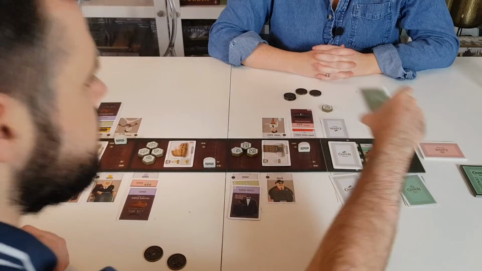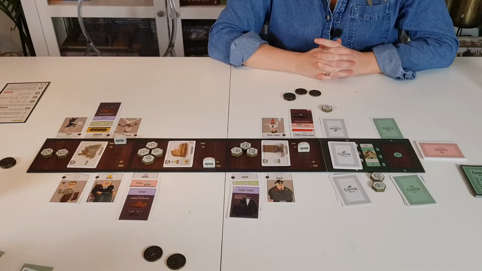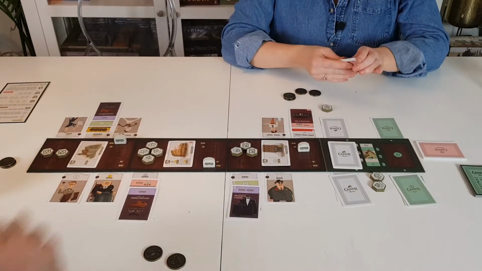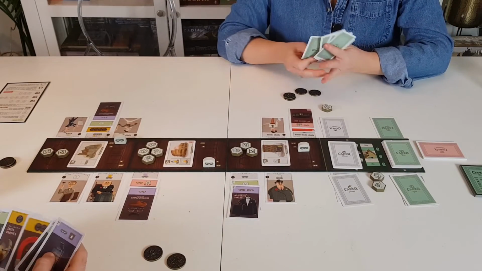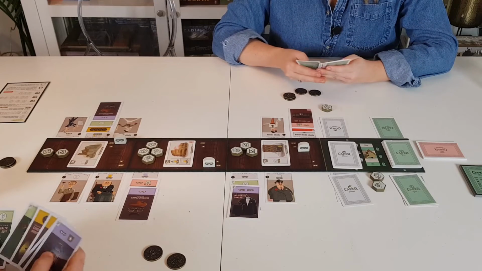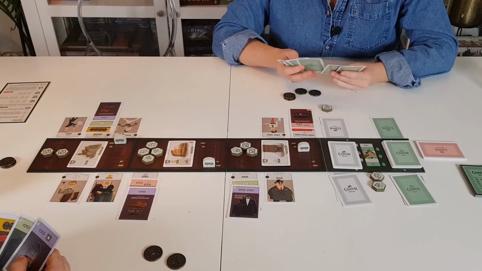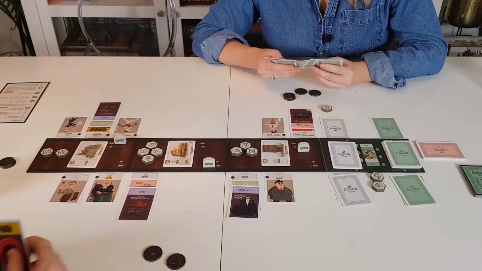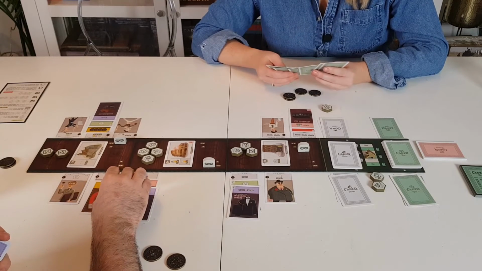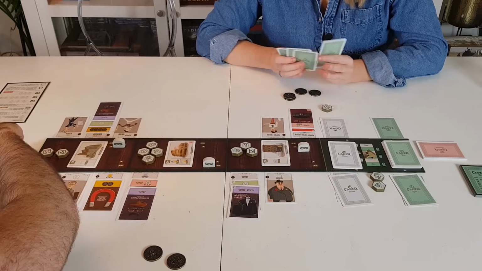Yep. So we move down again. It's another gear round, except I start first this time. Can you put that back? Mm-hmm. So let's see what we got. So I'm going to play the Magneto Super Magnet, which moves us here and gives me...